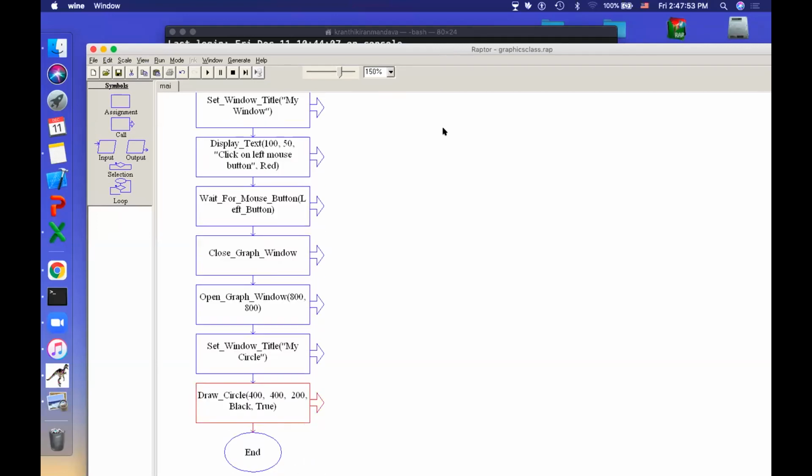No. See why I'm doing like that, because when you open something, it's like that. When you open a game on your mobile, some screen will come. That is a window, and they ask you to press a button or just click on it. Somewhere you click. So that screen will go out, and another new screen will come where you start playing the game. To mimic that, I have done this. It's not compulsory. You can directly open a graph window 800 by 800 and draw a circle directly. Just to mimic an interactive session, I have made it.